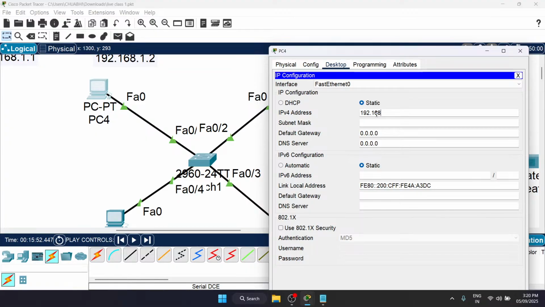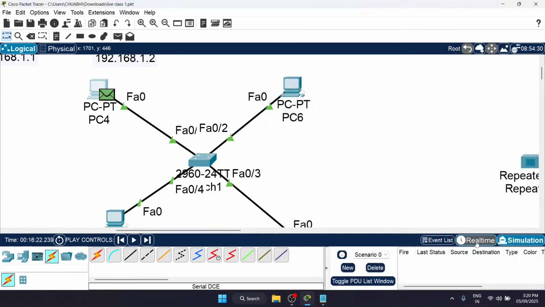Then here we can simply give the IP addresses like 192.168.1.1, which I have given to it. I'm going to copy it for now and do the work. Whatever work you do, it's in the real time mode. Here you can see the real time mode, here you can see the simulation mode. So real time mode is really how your